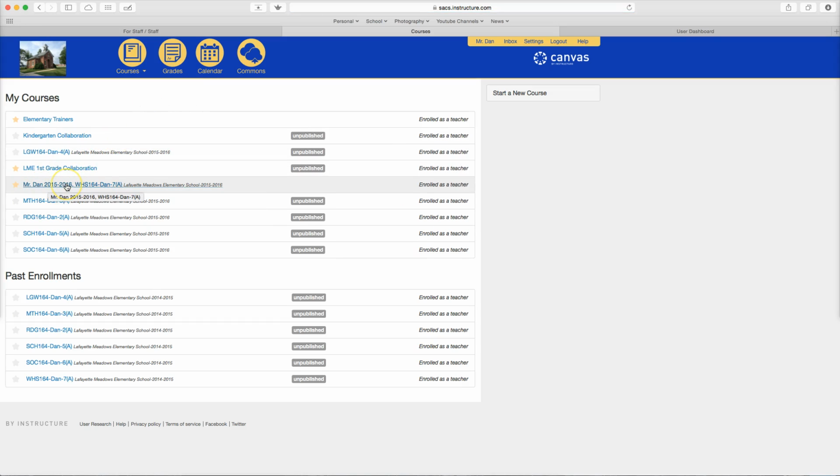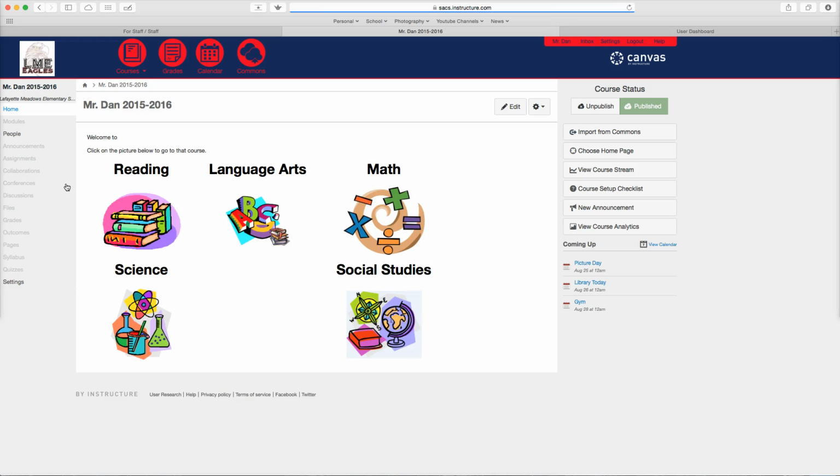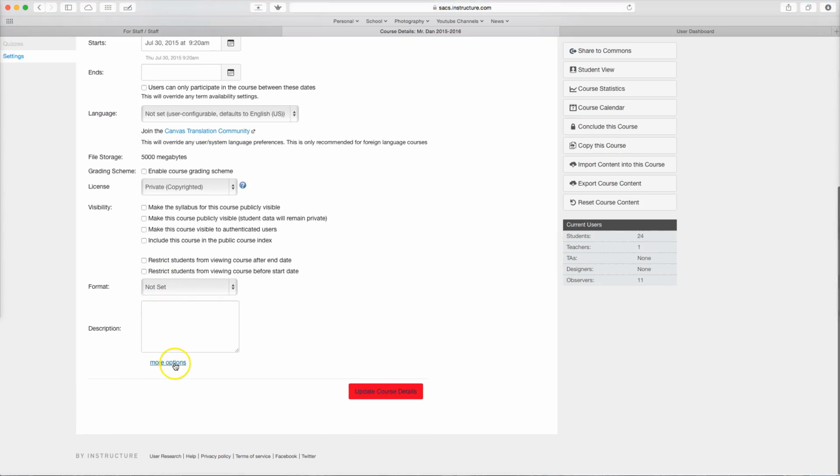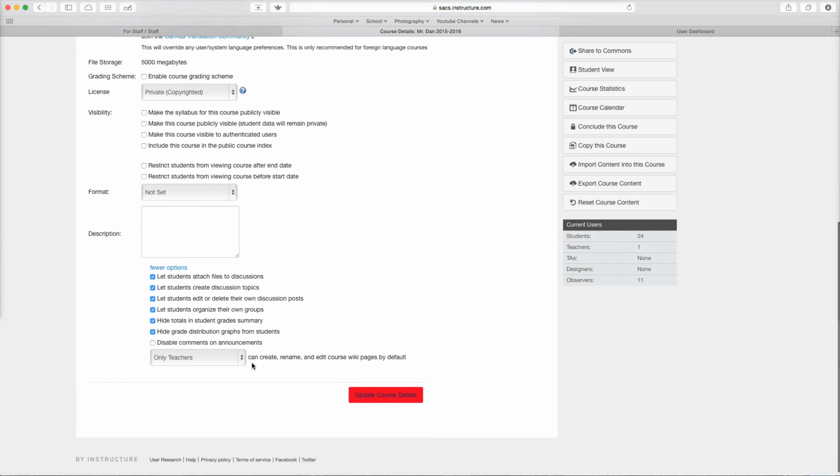Start by going to your Work Habits, click, then go to Settings at the bottom, scroll all the way down and go to More Options, and then you will want to select Hide totals in student grade summary and Hide grade distribution graphs from students. It's also here that you can select other options. Currently, I have several things selected, but that does not mean that you will want that for your class. Once you have done this, click Update,